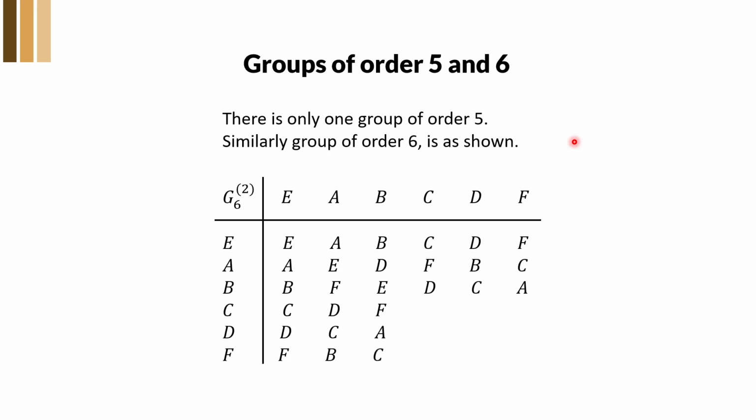What we do here is that most of the diagonal elements are reciprocal to themselves, but D is not reciprocal to itself. Instead, D is reciprocal to F and F is reciprocal to D,